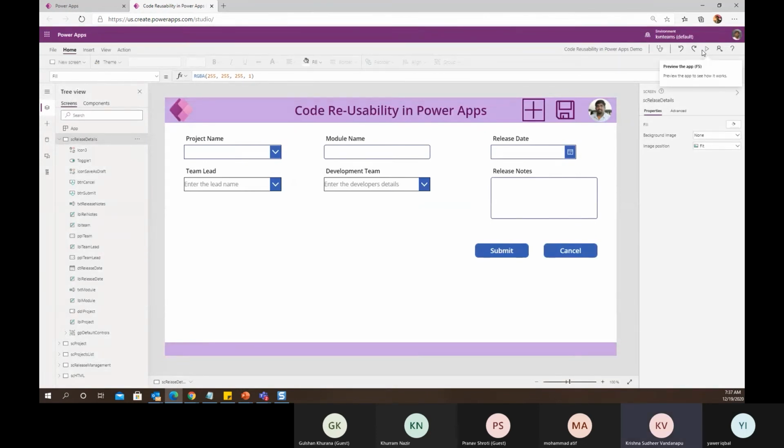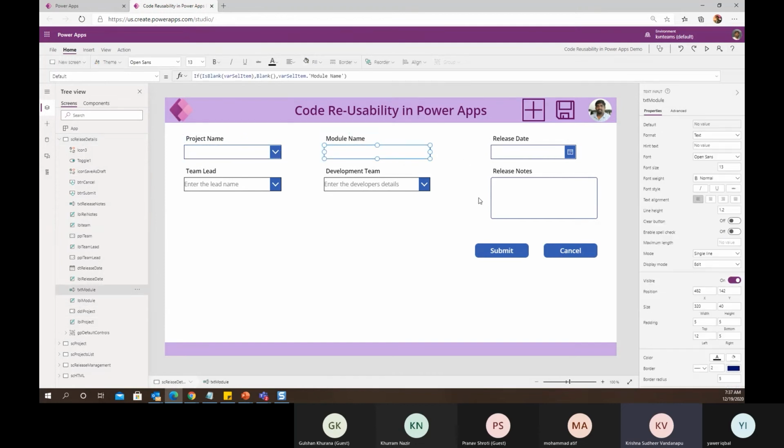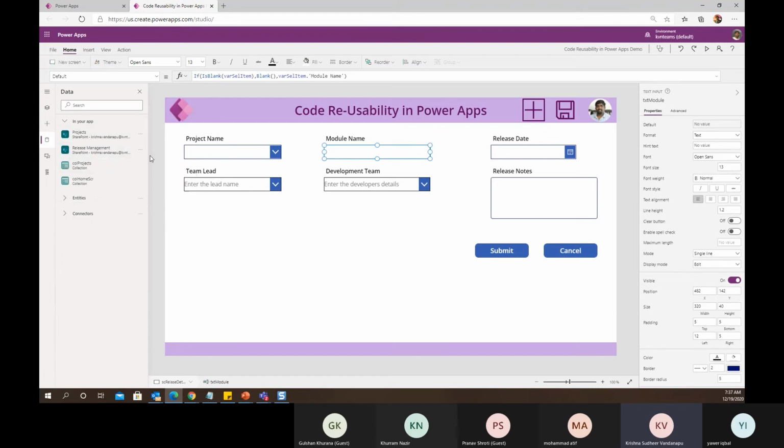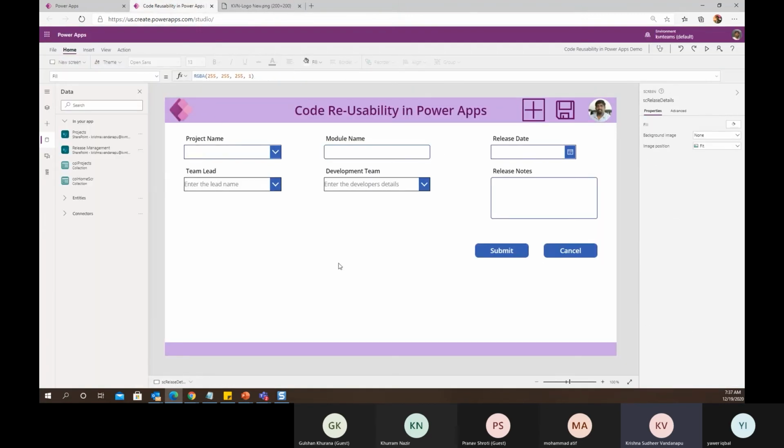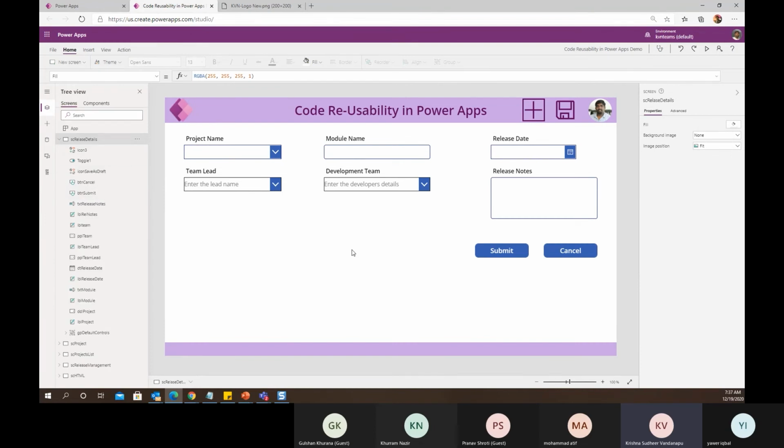I have created a Power App in which all the controls are individual controls on the screen. My data source is SharePoint, which is to maintain a release management system for my team. As per my team's requirement, I should be able to save my release management as a draft if I want to submit in future. And once I am happy, I can submit for my manager's approval to proceed further.